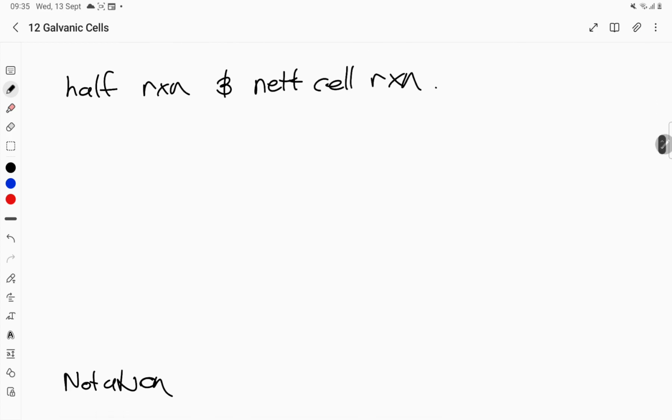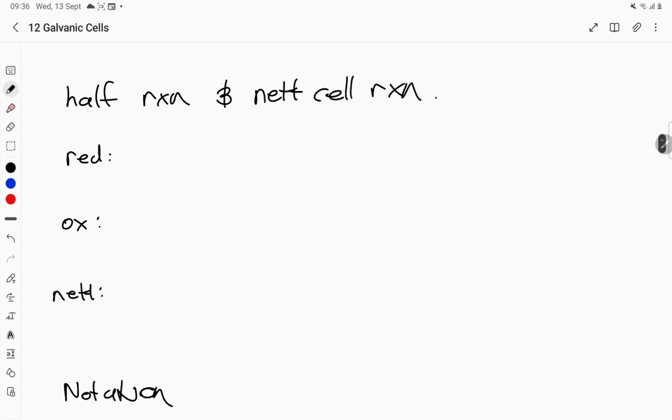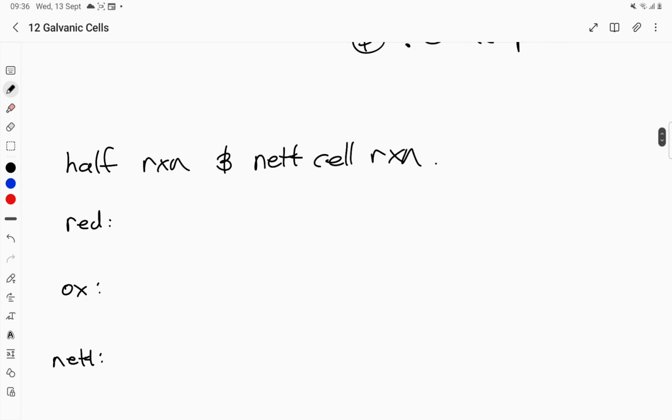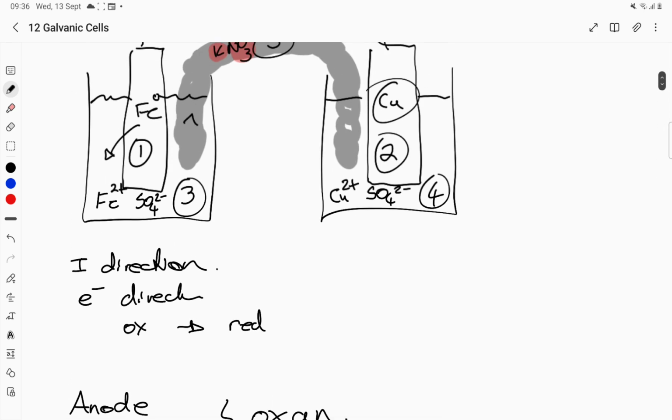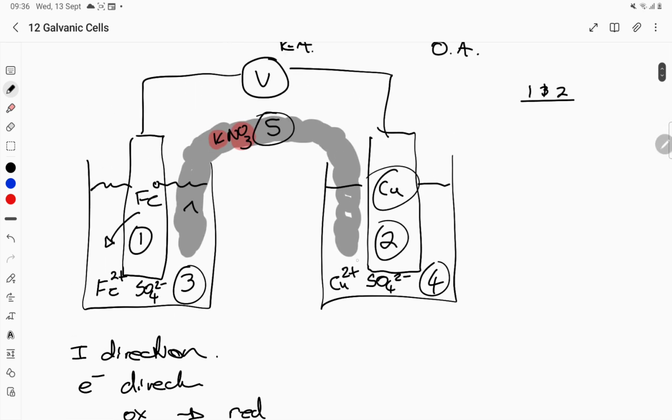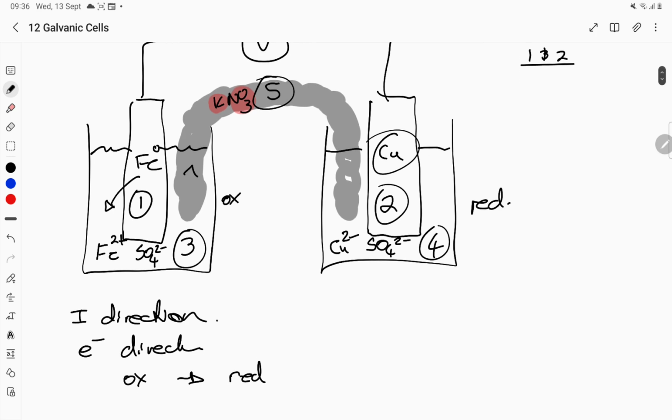All right, so let's take a look at the half reactions and a net cell reaction. We can write the reduction half cell reaction, and we can take a look at the oxidation half cell reaction, and you get a net at the end there. Remember, red cat is where the cathode is, or where reduction takes place. We did decide earlier that the Cu2 plus goes to Cu0. So that is where reduction takes place, and this is where oxidation takes place by the electrodes,